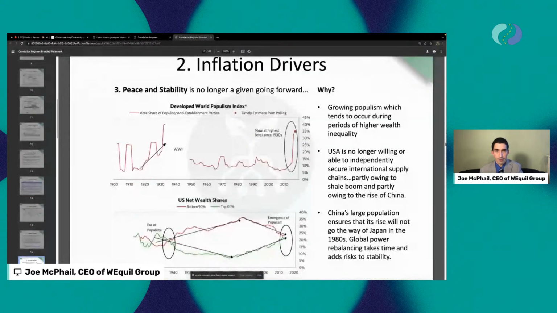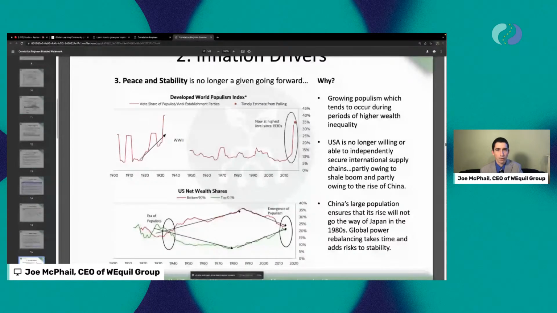Peace and stability. This is coming from one of Ray Dalio's articles, and this is really looking at the emergence of populism. How you measure populism is, of course, really challenging. And there's, I'm sure, all kinds of subjective assumptions that he was making while he was putting this together. But the general thesis that we have on peace and stability is quite similar to Ray Dalio at Bridgewater's thesis, essentially focusing on the long-term debt cycle.